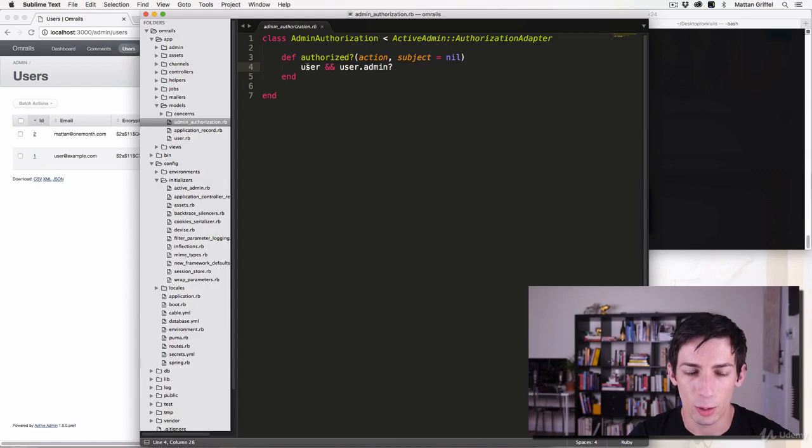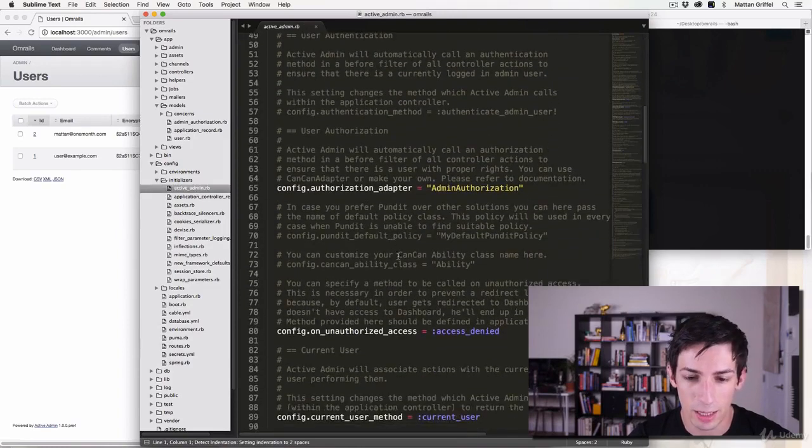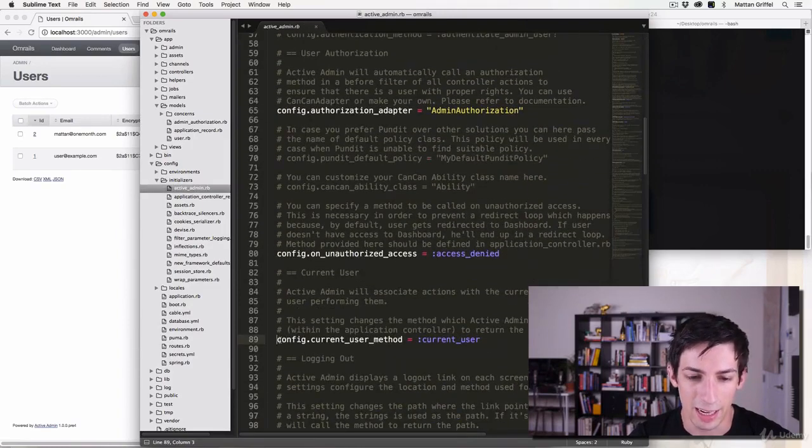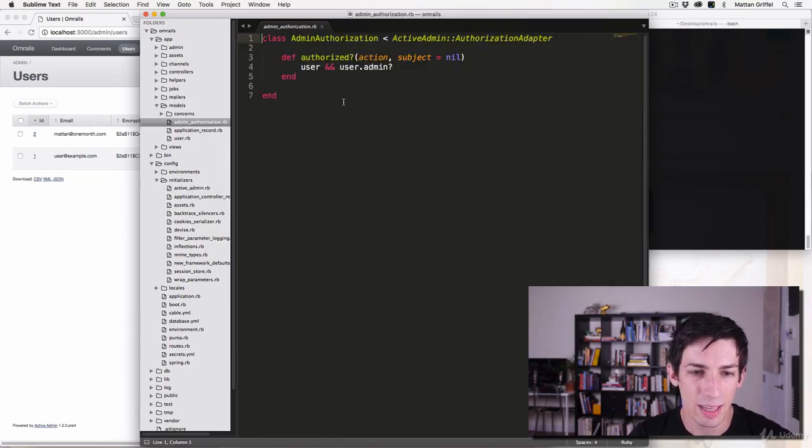So this is accessing the current user. Now, how does it know who the user is? Well, Devise gave us a current_user method that we can call anywhere you're logged in, and we're going to be doing that shortly. In ActiveAdmin, we customize that right here on line 89: current user method is current_user. Cool. Now, if this returns true, it's going to say go ahead. If it returns false, it's because either there isn't a user or the user is not an admin, in which case